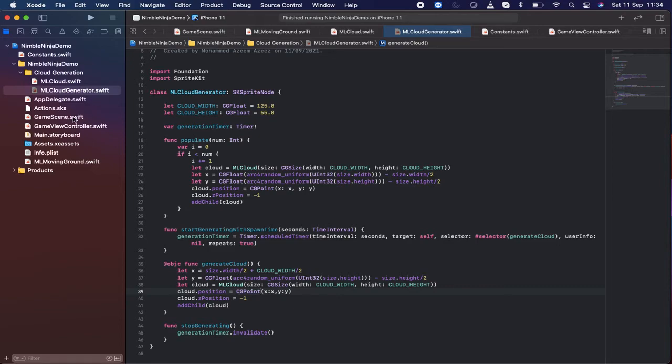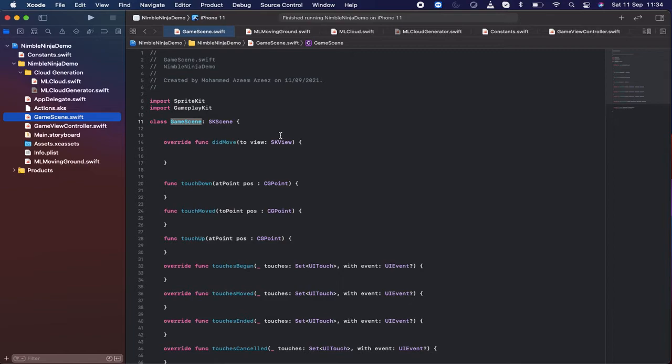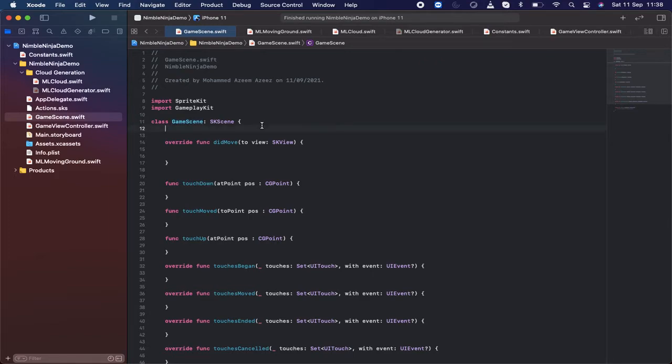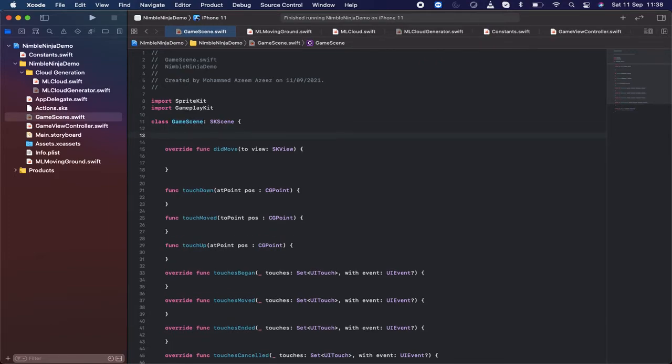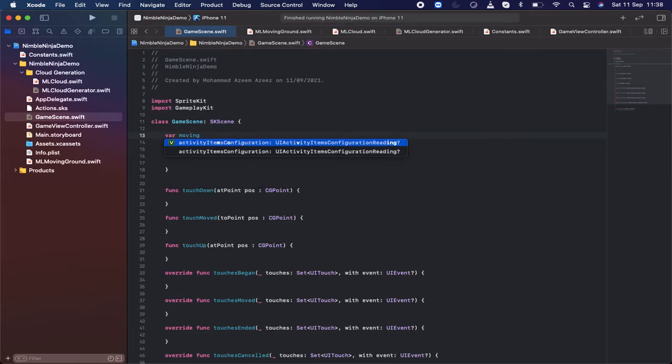Alright, let's do the final stuff inside this. Before completing this episode 1, let's head over to this GameScene.swift file and write a couple of functions for this. Alright, here in the game scene, first of all, let's look at the moving grounds and the stuff which we have created now. So moving ground, it's of type ML moving ground,